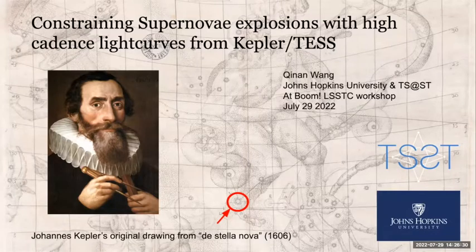Thank you. I'm glad that people are also interested in type 1A progenitors, and that's part of my talk today. So hi everyone, I'm Qinan Wang, and I'm coming from JHU. I'm a graduate student working with Armin Rest, and I'm also associated with the Transient Science group at STScI. Today I'm going to talk about our research using Kepler and TESS high-cadence light curves to constrain